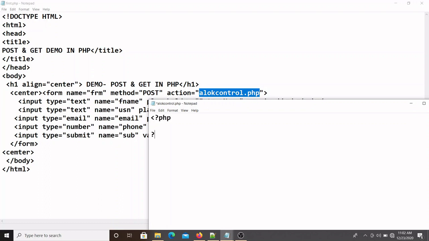So I'll create only the simple PHP code to pass the value. So PHP, yes, see, the PHP syntax happens. Now we have to check here. What do we have to do? We have to check here. So how to check here? If isset